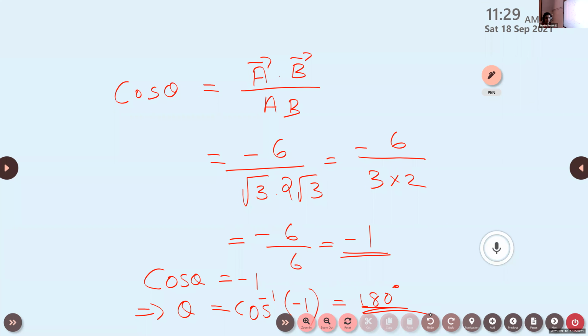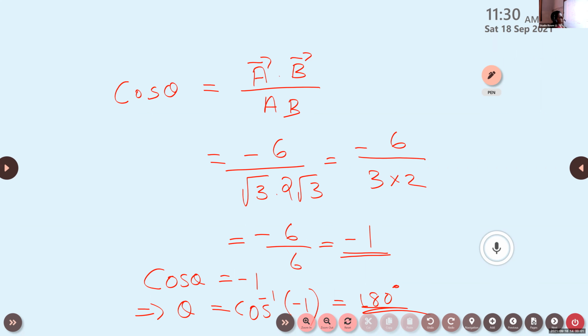So if you have a question to find out the angle between two vectors, the best method is to use the dot product and arrange the equation of the dot product, because we have the equation vector A dot vector B is equal to AB cos theta. From that, cos theta is equal to vector A dot vector B divided by AB. Why are we using the dot product instead of the cross product? Because we know that angle is a scalar quantity. The dot product is associated with the scalar product, that is why we call the dot product a scalar product. When we take the dot product of two vectors, the resultant also will be a scalar.